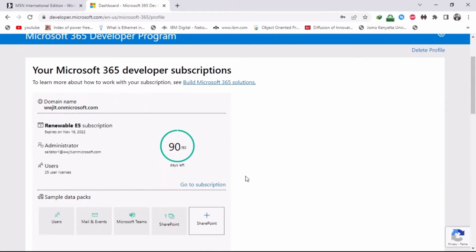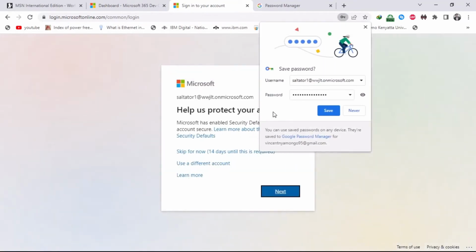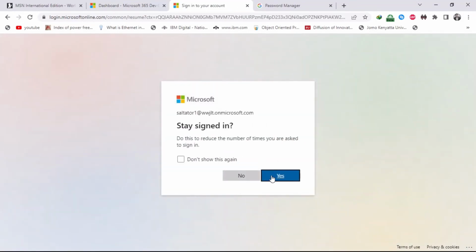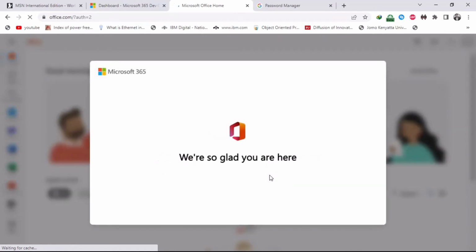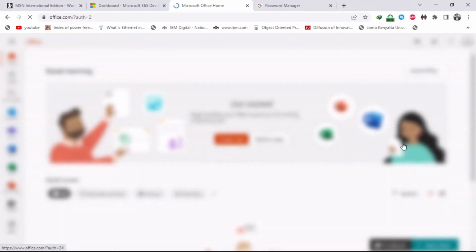Now from here we're going to select go to subscription, and we're going to be redirected to a new page where we're going to enter the password, the one that I told you to save. You paste your password here, and let's sign in again. Going to save that one. You can skip for 14 days till it's required. We're going to stay signed in. So you'll be redirected to this page where you're going to access the 365 Office,